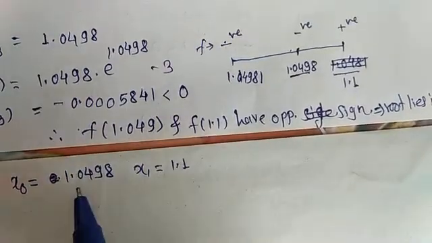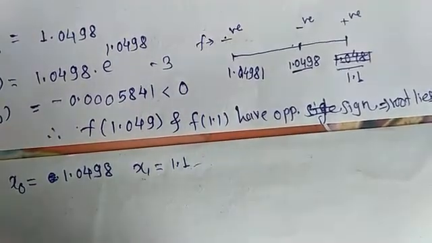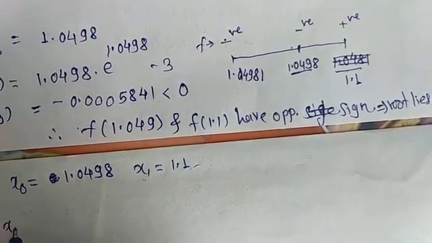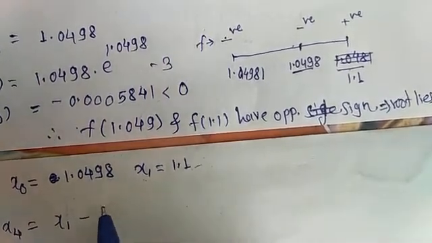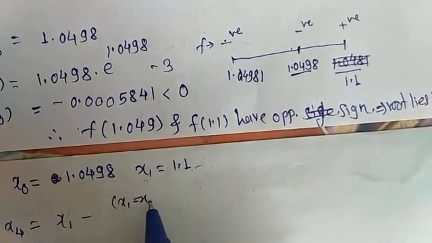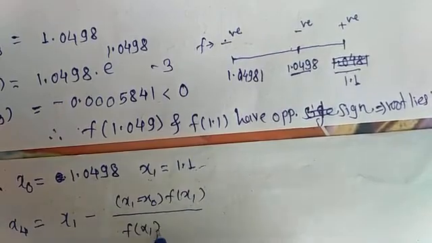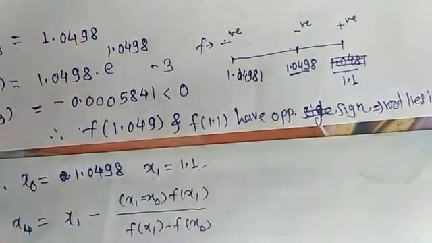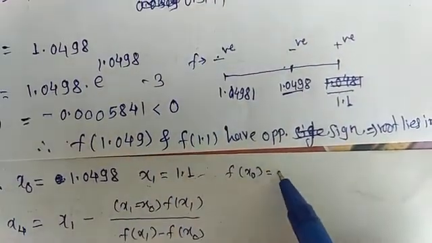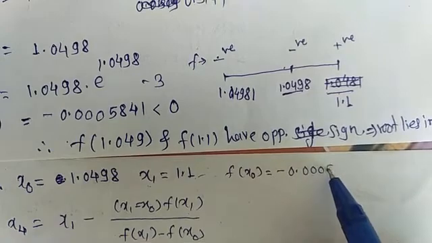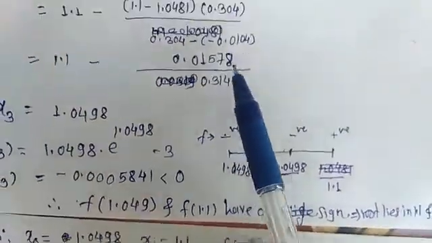Therefore consider x0 is equal to 1.0498 and x1 is equal to 1.1. Therefore x4 will be equal to, again the formula is the same, x1 minus x0 into f of x1 divided by f of x1 minus f of x0. Here we write both values. f of x0 calculated here is minus 0.000581, and f of x1 we have taken as